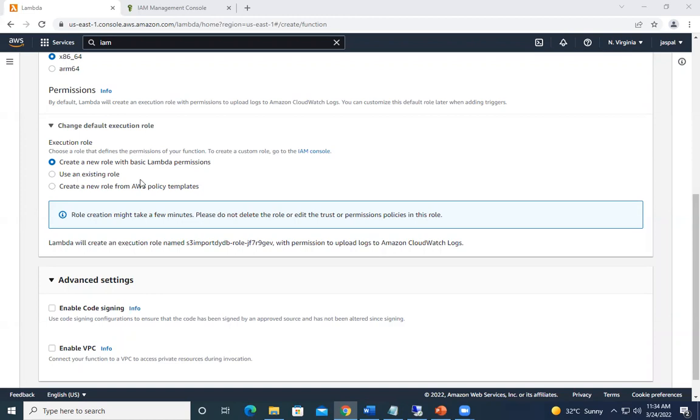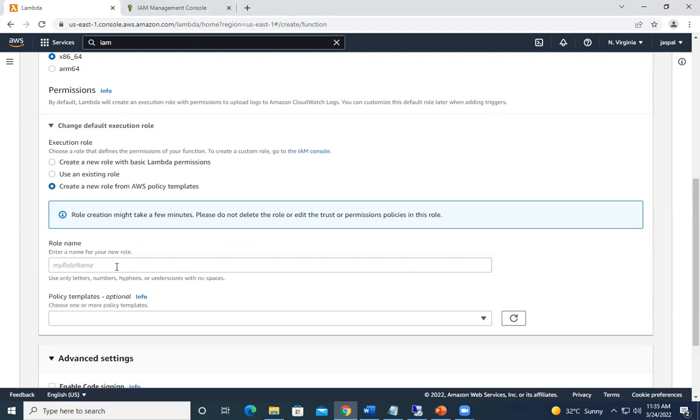So you can see over here, we can create a new role with a basic Lambda function, and this is the default name that will be assigned to my Lambda role. So what we can do, we can just click on create also, and we can enter the role name. Let's say my Lambda DB, Lambda DyDB,